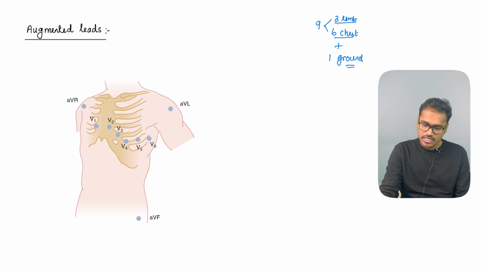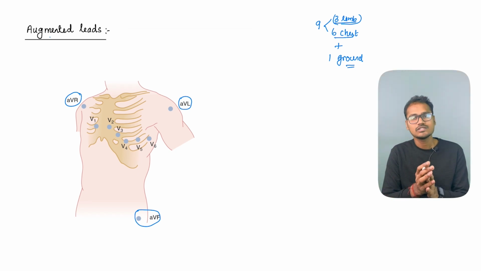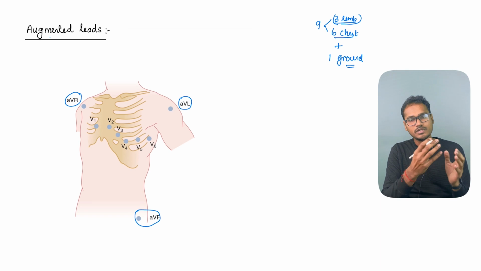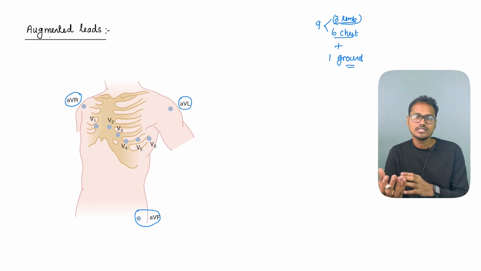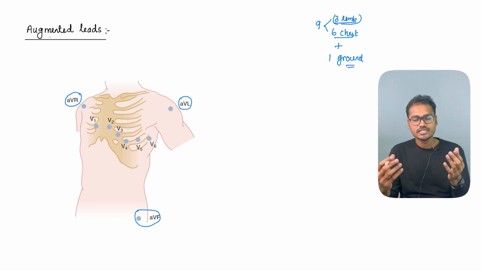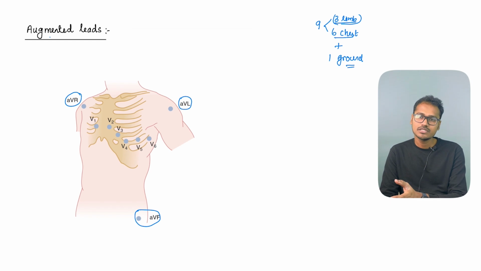How is it possible? The limb leads are already attached. The augmented leads will take the recording from specific areas by connecting the other two to a high resistance. So it is going to pick the recording just from this place. So the lead is already there. The machine is going to calculate it and do the adjustments. So whatever potential we are observing in the limb leads which are already attached, they will give the augmented lead values also. That is done internally by the machine by connecting the other two leads to a high resistance